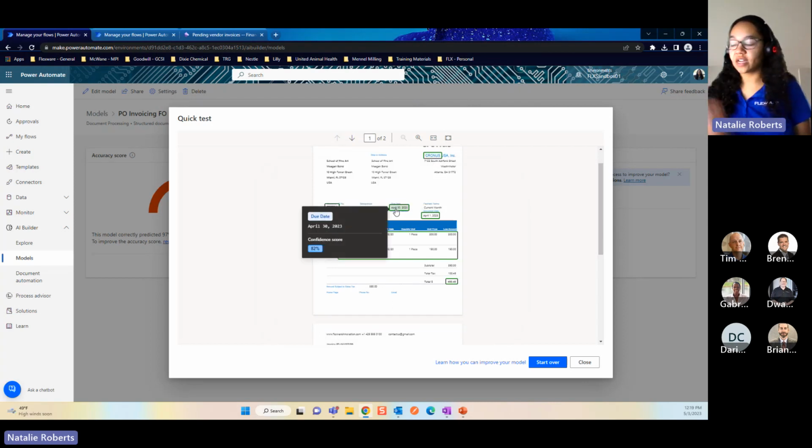this confidence score is a little bit lower. And so how I can improve this is by providing more documents and more training. When you're training AI models, there is a minimum amount of documents required depending on the type of model you're trying to train. But the more documents and more examples that you can provide will give you better confidence scores and more accuracy. So, I mean, imagine if you're a huge enterprise company and you're processing hundreds of invoices